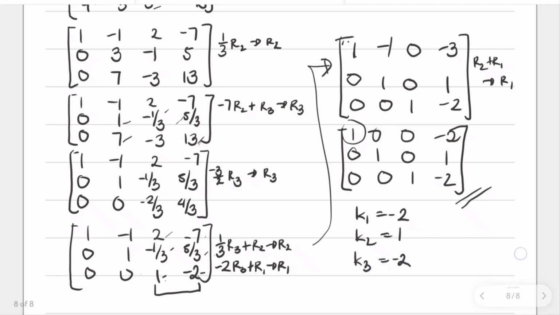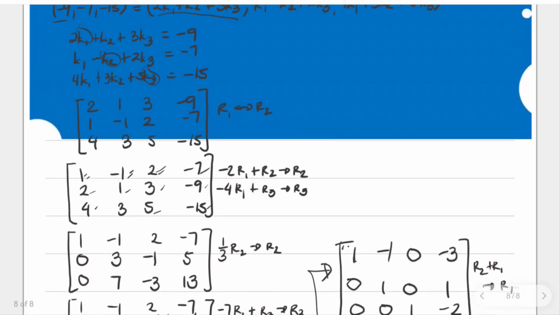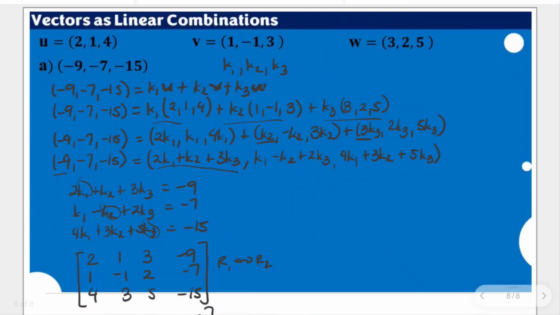Since all these three coefficients exist, this means that our original vector, negative 9, negative 7, negative 5, is a linear combination. This is a big yes. Linear combination of vectors u, v, and w, because again, k sub 1, k sub 2, and k sub 3